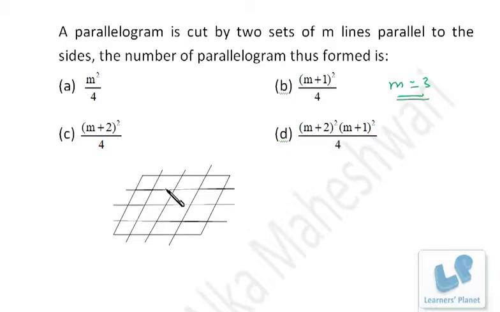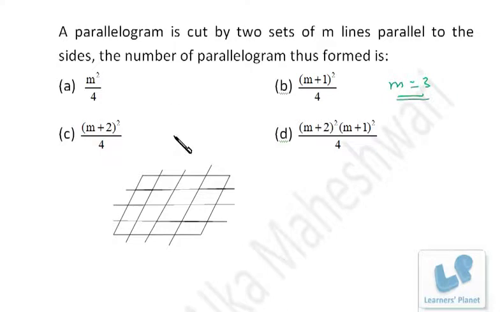Now what's the mistake that we are making by calculating just 4 into 4, 16 parallelograms? What I'm doing over here, I'm just calculating the small parallelograms. These are formed, right? But just see this. This is also a parallelogram. Similarly, this is also a parallelogram, right? So we cannot make the various parallelograms and keep on counting, right? There should be some logic behind that. Now what that logic is, just listen to me carefully over here once again.